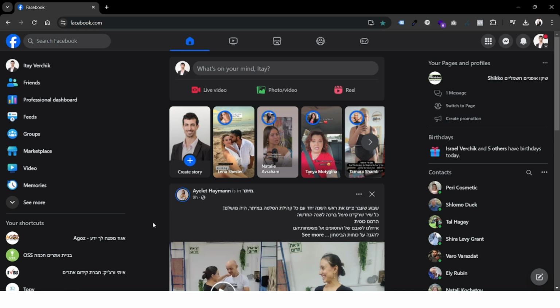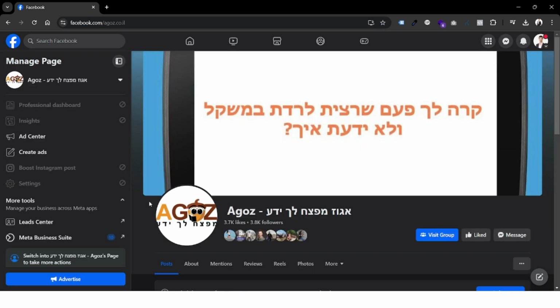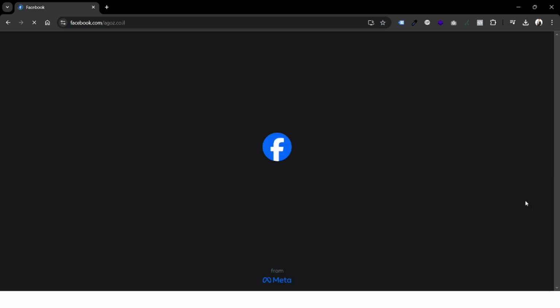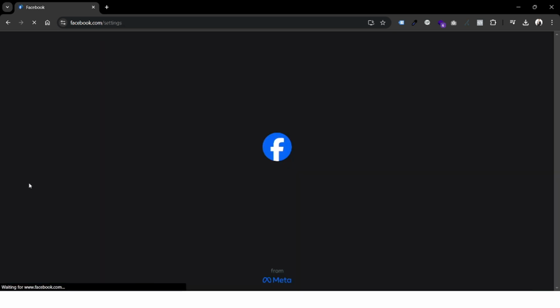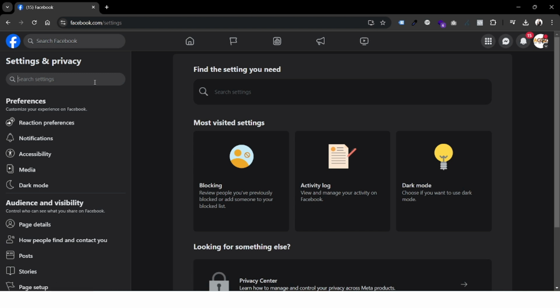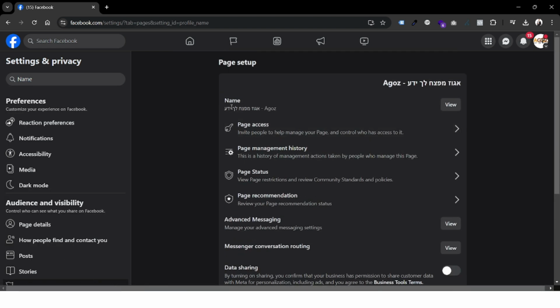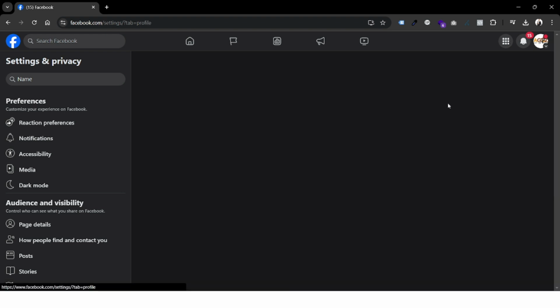So after you have logged into your account, just click here on any specific page that you want to change the name of and log in. Switch now, which means that now you are logged in as your Facebook page. And then here you can go to settings and search the settings right here for name. Click on that first one, and right here you see that you have your name that you can view and